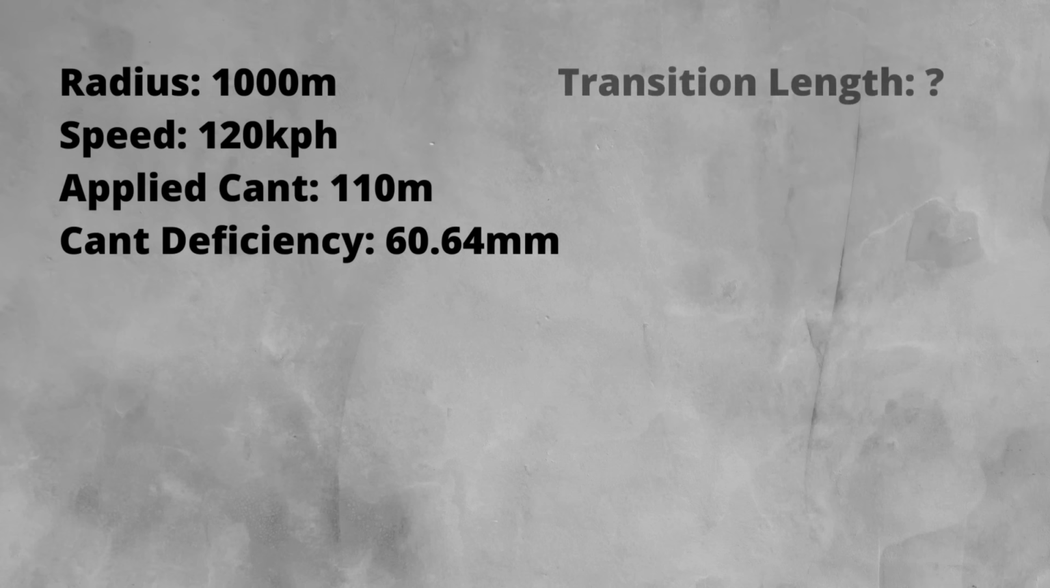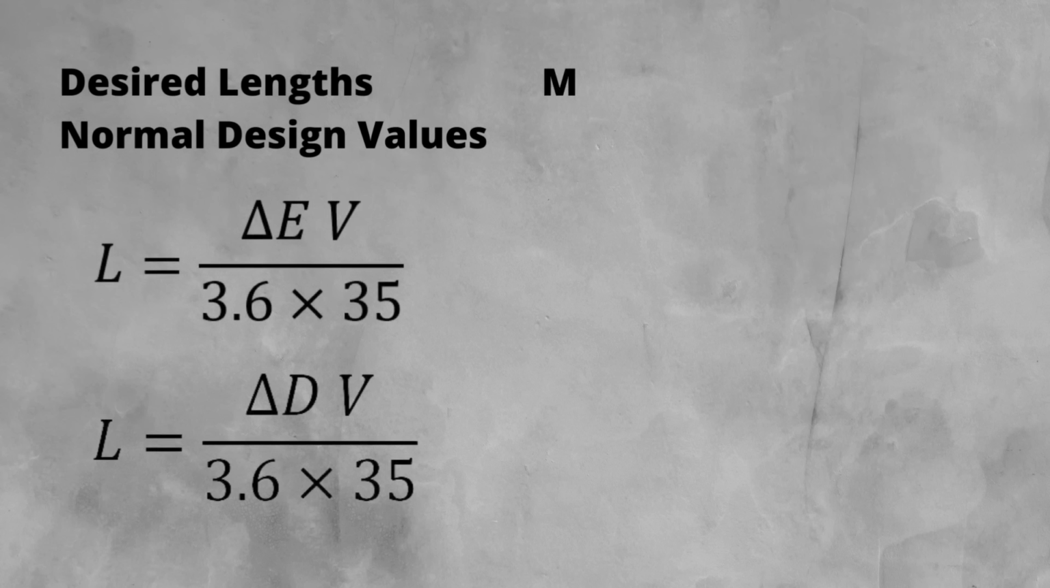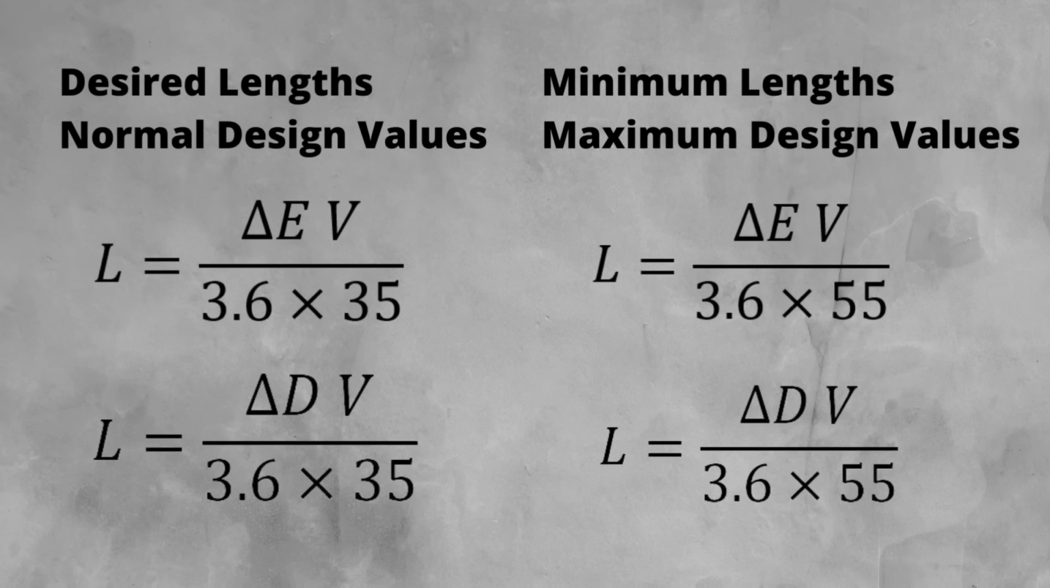Say the designer was looking at options to change the geometry of the track here and wanted to look at their options around the length of transition. If the equation is rearranged back to determine L, our transition length, we then need to input values for the rates of change. This is where our design limit values come in. By using the 35 mm per second, the normal design value, in the equations it will give a desired length of transition. If we used 55 mm per second, the maximum, it would give the minimum length the transition could